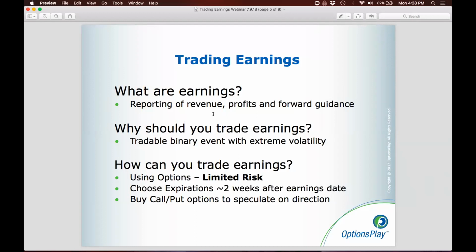When you're trading earnings, you typically want to trade expirations that are at least about 2 weeks after the earnings date. If you're looking at different options to trade and wondering which expiration to choose, usually at least 1 to 2 weeks beyond the earnings date gives yourself a little bit of time, so that if the stock takes a bit of time after the earnings to make its move, you can capture it. A lot of times stocks will follow through for 5 or 10 days after earnings. That's why you usually want an expiration about 2 weeks beyond the earnings date.